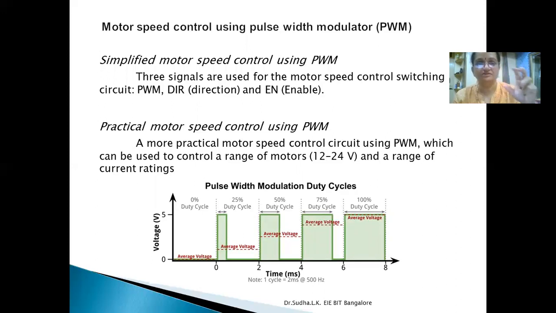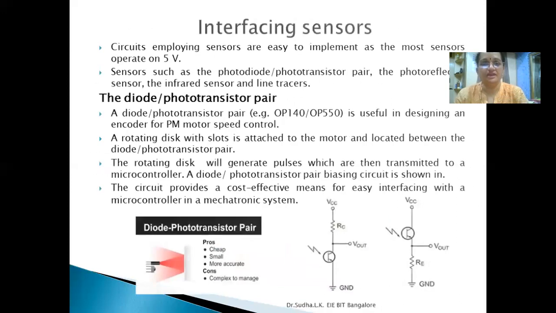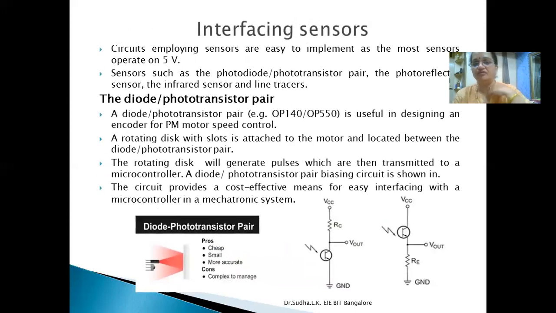For this DC motor, up to 0 to 5 volts, we can go for the ordinary unipolar operation. For different duty cycles, if we are going to measure, then we can go for this H-bridge circuit that can vary up to 24 volts. Correspondingly, the same thing will be applicable for the other set of stepper motors also.